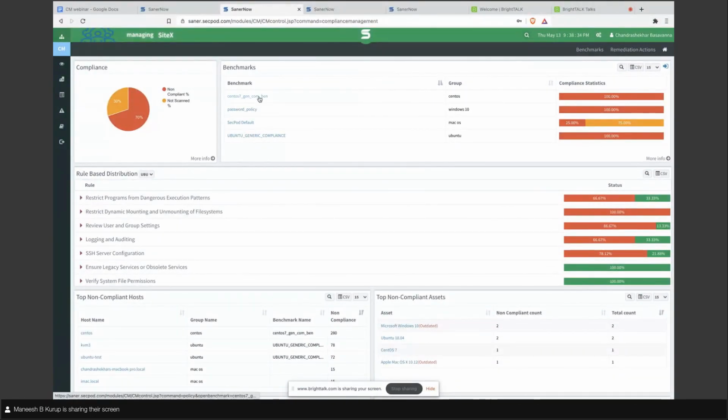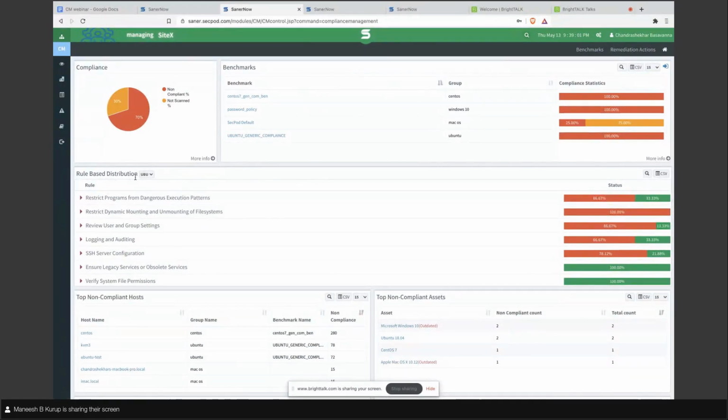This particular compliance benchmark is applied to a group of devices, which is the CentOS group, and it is showing that 100% of the devices are non-compliant. That means there is no device which is 100% compliant under this group, under this benchmark. The same goes with the other benchmark as well. So that gives an overall view about the compliance policy you applied for your organization.